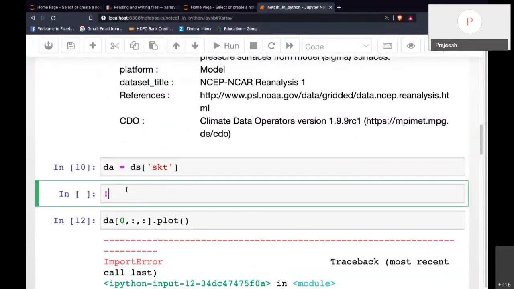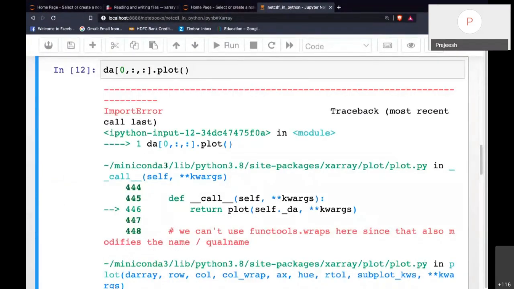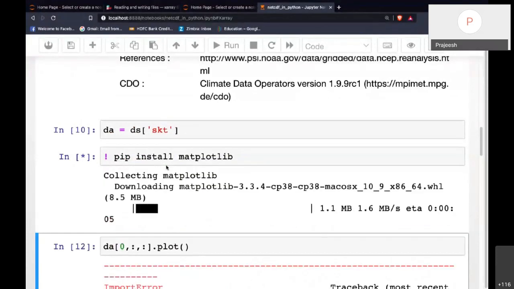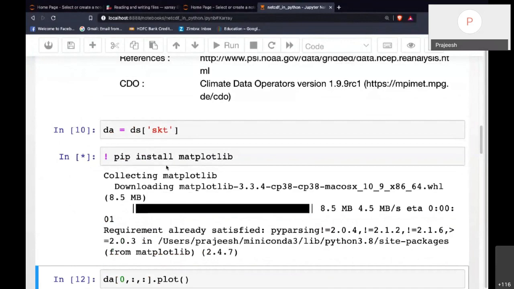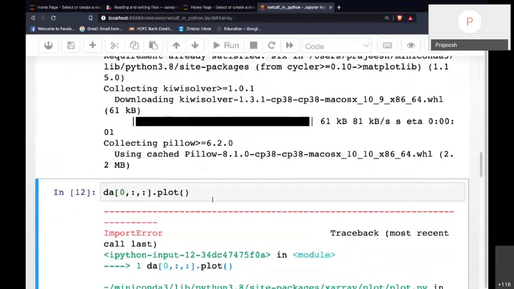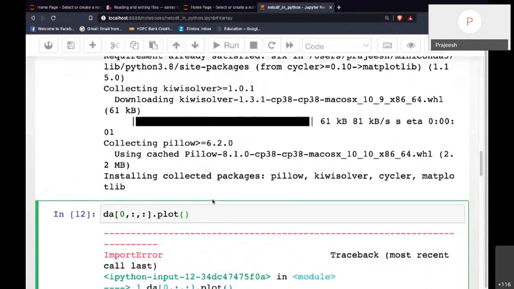Here again I'll do pip install matplotlib.